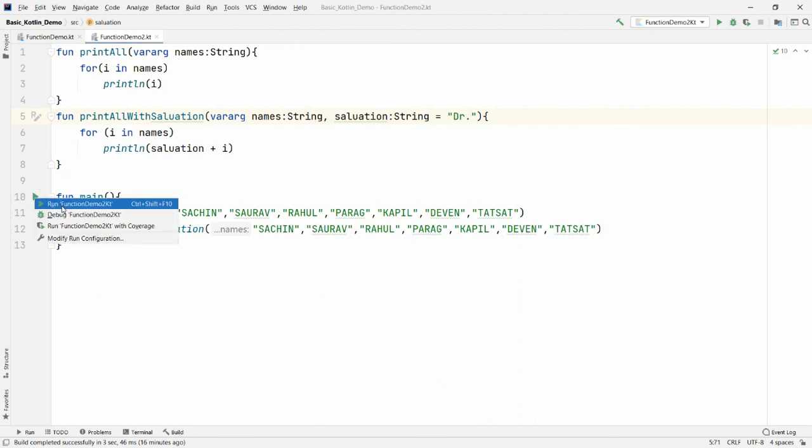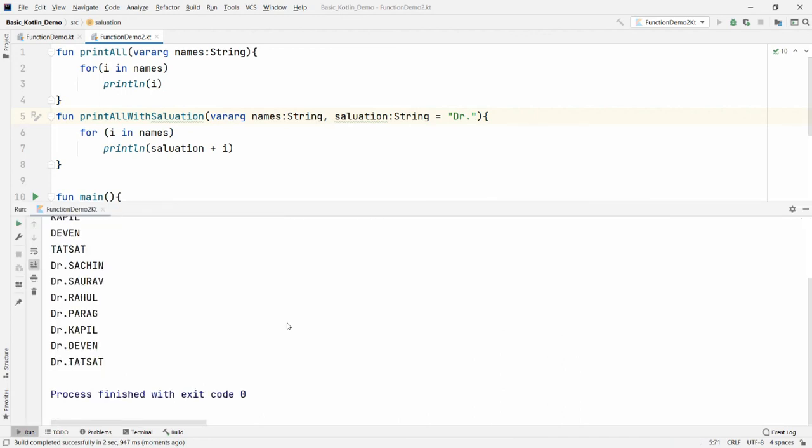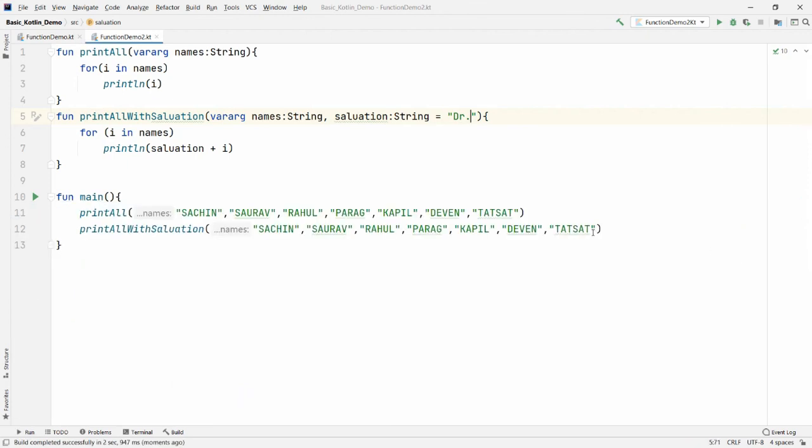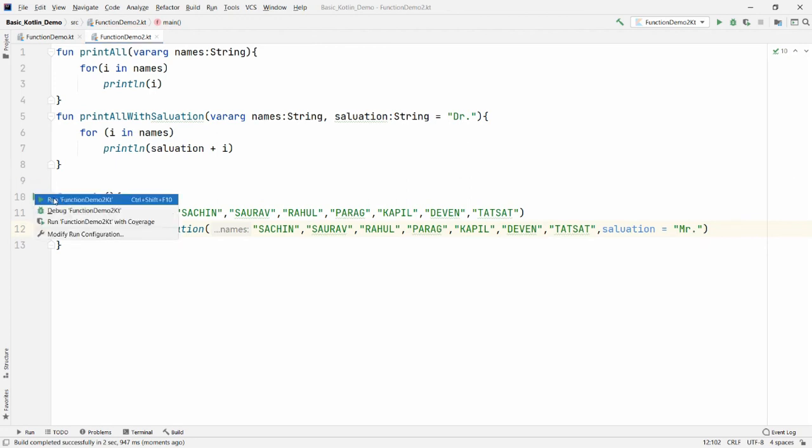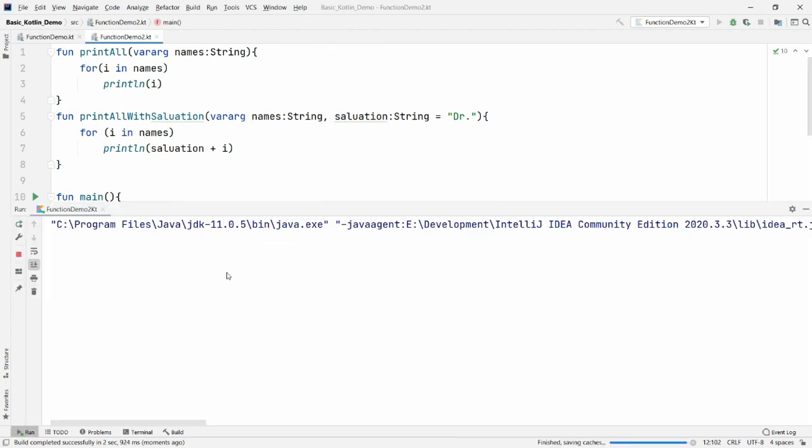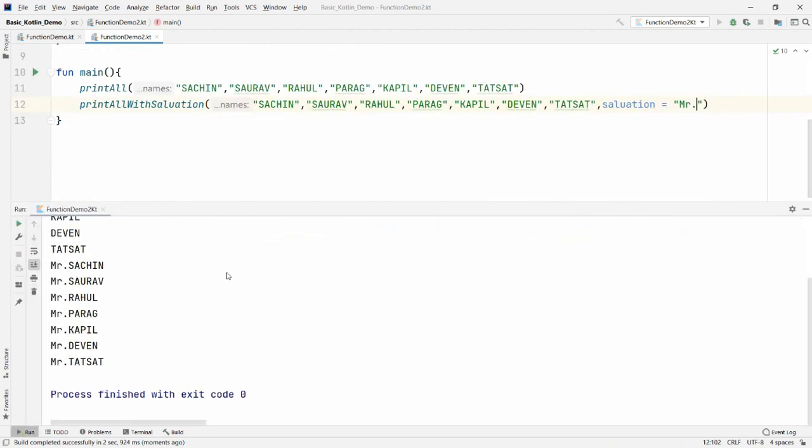For example, if you run this function demo2.kotlin file, now printAll with salutation, see here: Dr. Sachin, Dr. Saurav, Dr. Rahul, Dr. Parag. And if you are providing the salutation, for example, salutation equal to Mr., then Mr. will be added, and the default parameter will not be used. So now if you run this, it will give you the output Mr. Sachin, Mr. Saurav, Mr. Rahul, and so on.